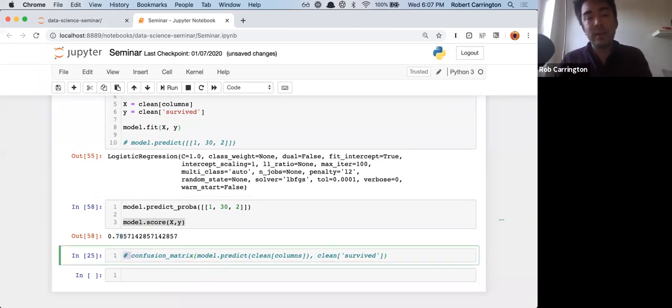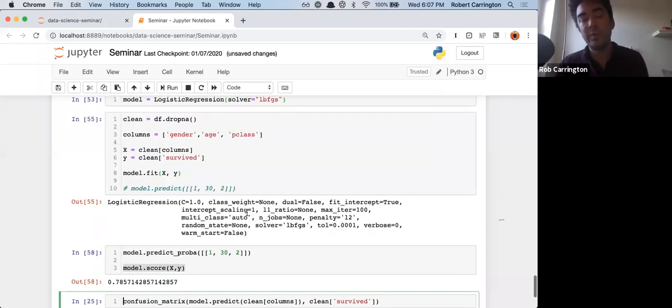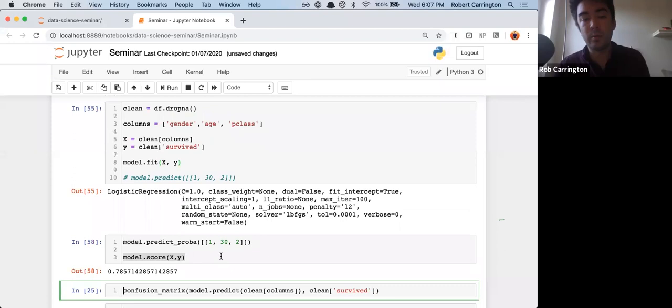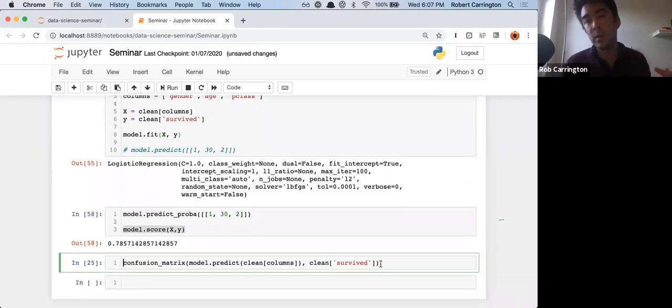And then finally, just to give a peek at how we would go about improving this model. So obviously we've done the basics of building a model, but in real life, you're going to have to go in and work to improve your model to make it better. We can use what's called a confusion matrix. A confusion matrix shows you,